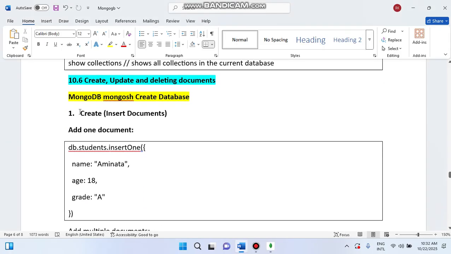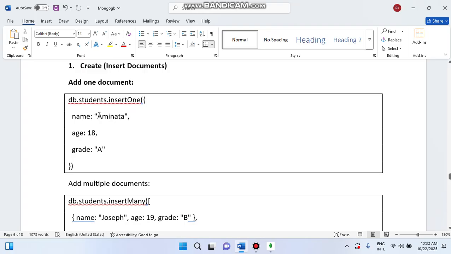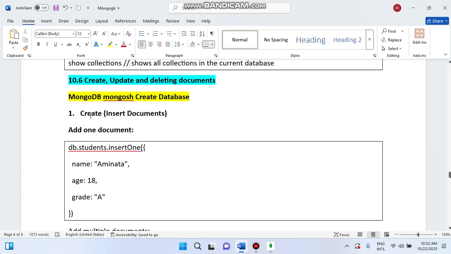Now after that, let's do a lot of things like MongoDB create data. Create a database, you already know how to create the database, isn't it? Okay, so we are not creating that. Now create